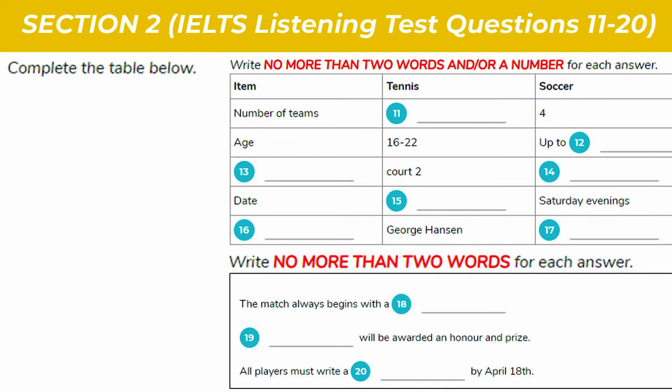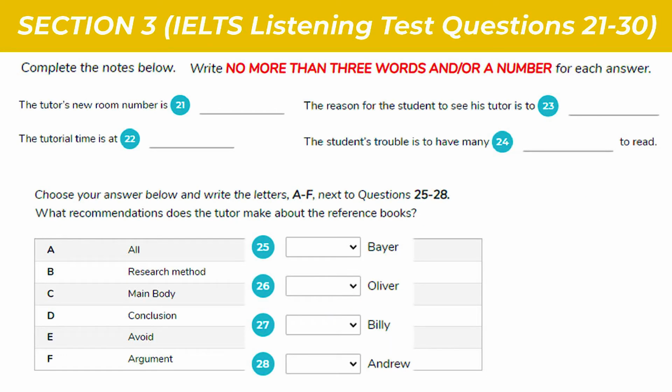Now turn to section 3. Section 3. You will hear a conversation about a student thesis.